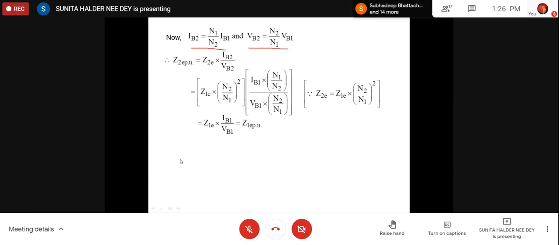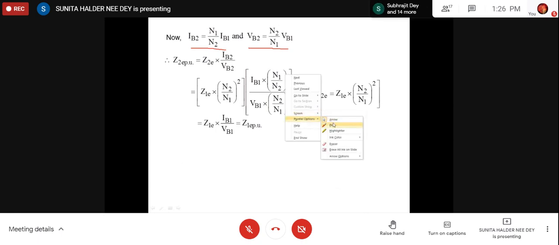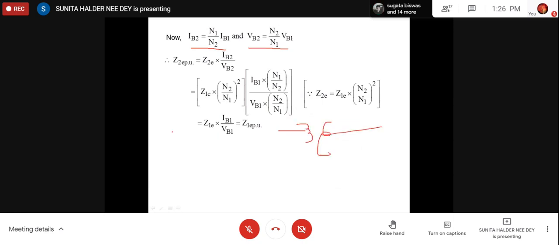So we have no need to bother about the primary side and secondary side. It is an analytical concept, no star-delta needs to be applied. Say there is a transformer, like this in a single line diagram, then there is a series impedance. Say the series impedance referred to primary, you have calculated Z1 per unit or Z1E per unit.